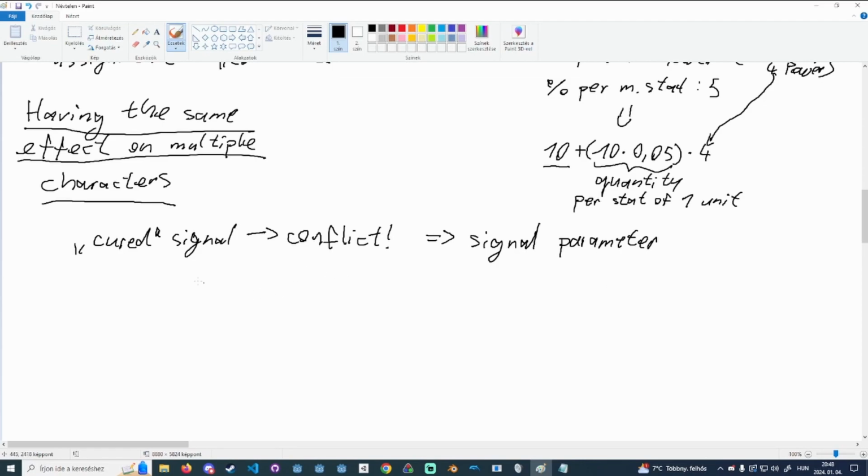And then if you want to store something like the recent effect or a counter or something, let's stick to a counter. If you want to store like